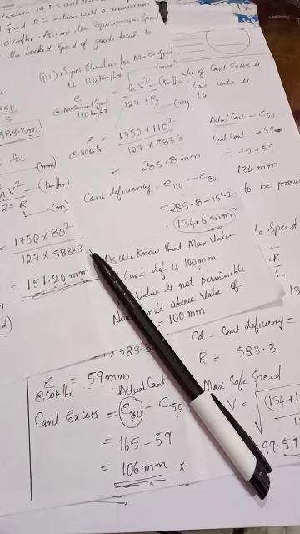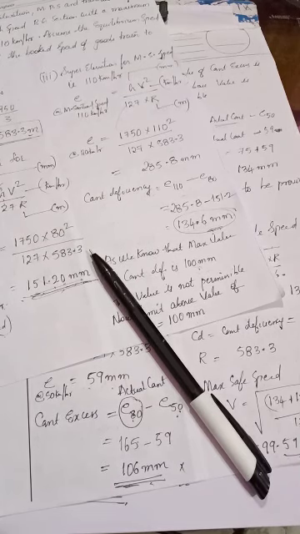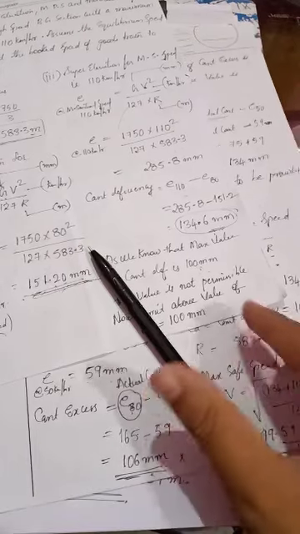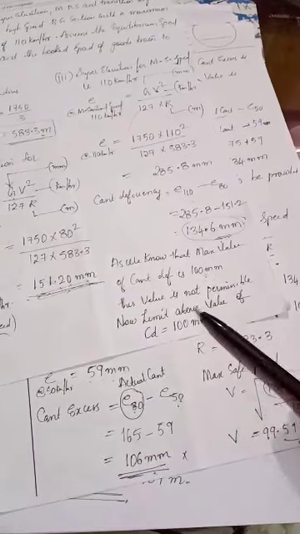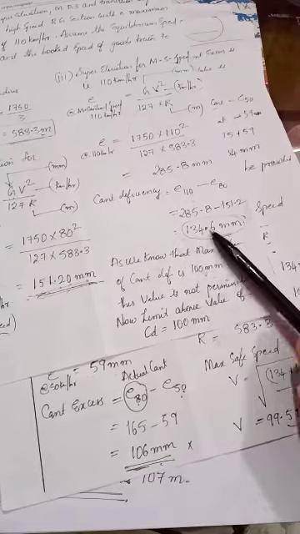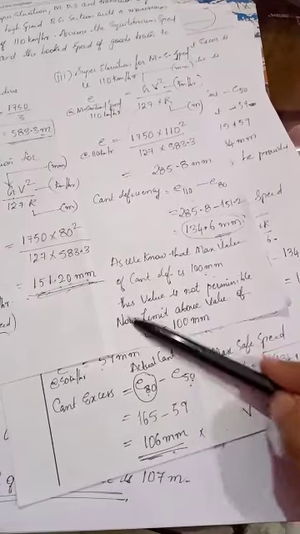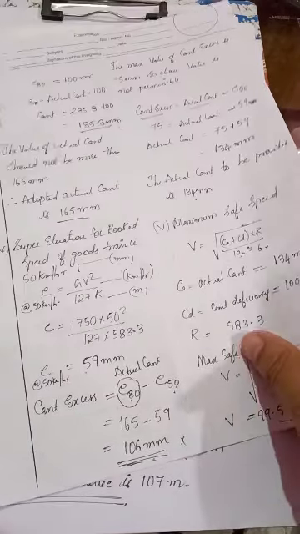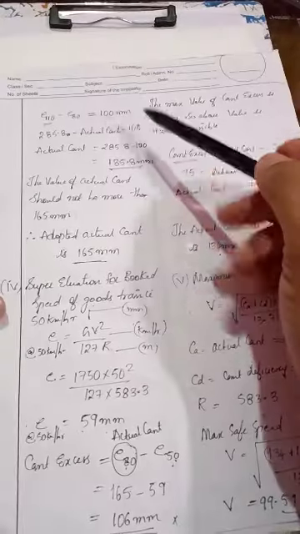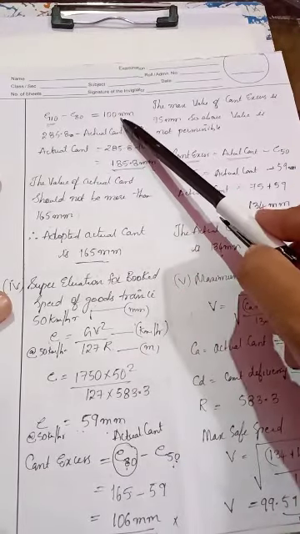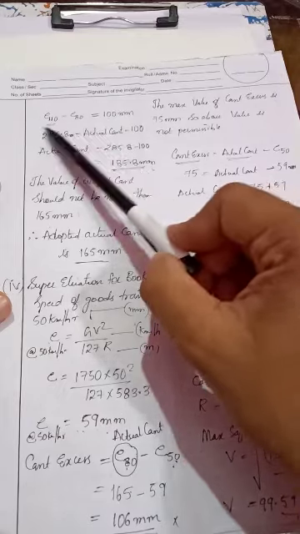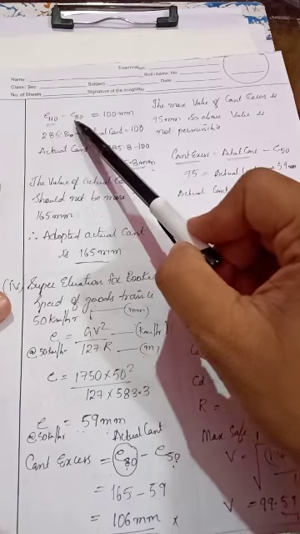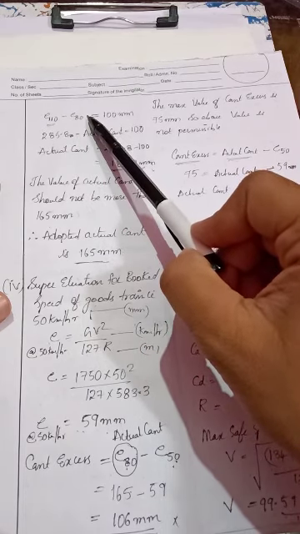But there is a problem over here. This value of Kant deficiency, 134.6, should not be more than 100 mm. So this value has to be restricted to 100 mm. First of all, assume your Kant deficiency as 100 mm. After adopting it, one of these two values has to be changed. Super elevation at maximum sanctioned speed can't be changed. What has to be changed? Equilibrium speed has to be changed.